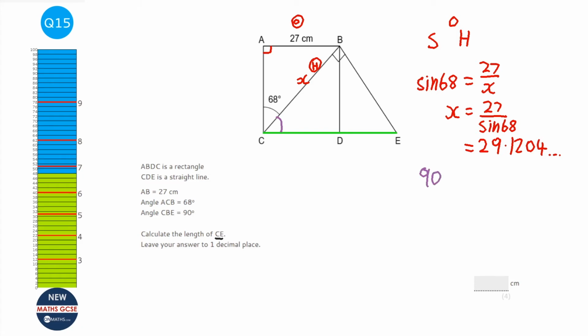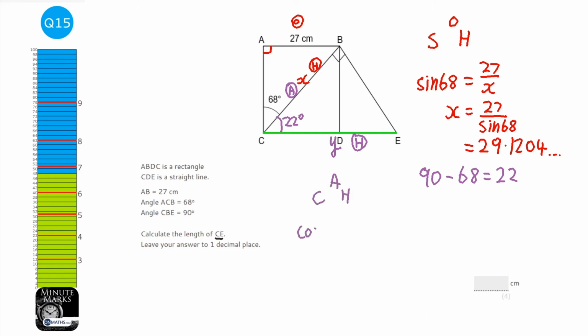So I'm just doing 90 take away 68, which is 22. So that's 22 degrees. Now I'm looking for this one, so CE. I'm going to call CE y, and what have I got? I've got the adjacent here, and I've got the hypotenuse because this is opposite the right angle. So this time I'm going to be using cos, so it's CAH, so cos 22